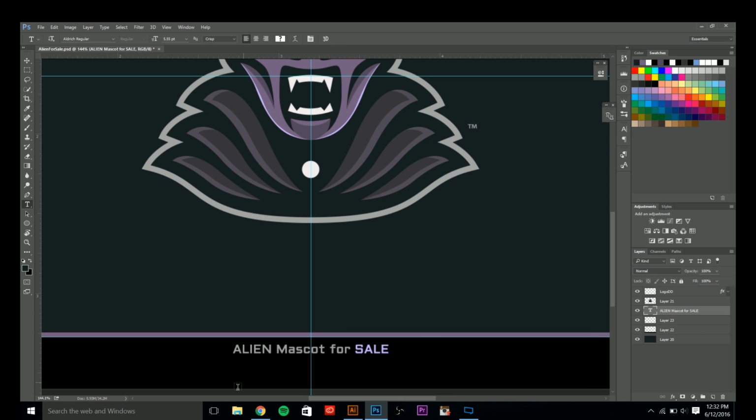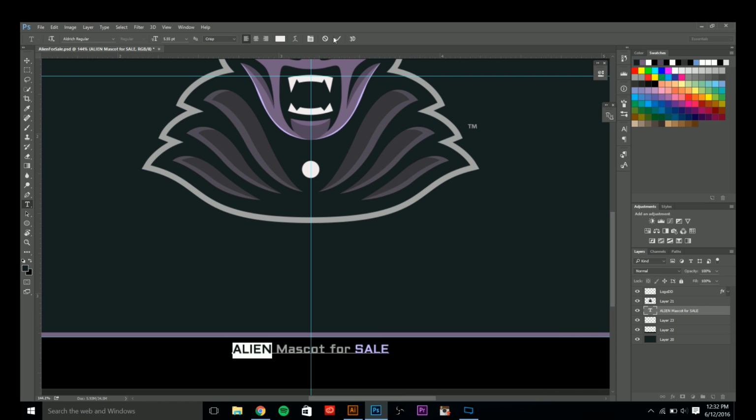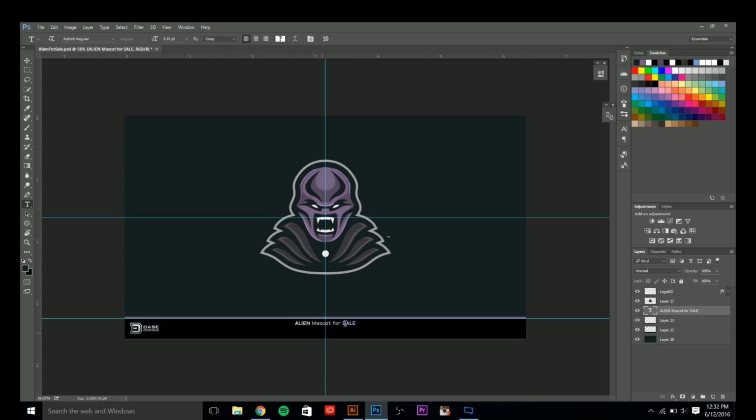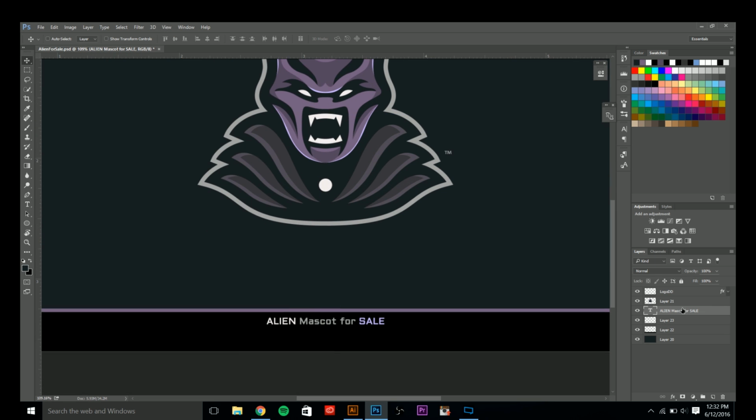Alien for sale, and we're gonna put alien white. Really, it's all personal preference for the colors you want it to be. It can be whatever you want it to be. So that's just so certain words stick out. So now we're still on our type layer, and we're gonna hold Alt and Shift, click the left button on